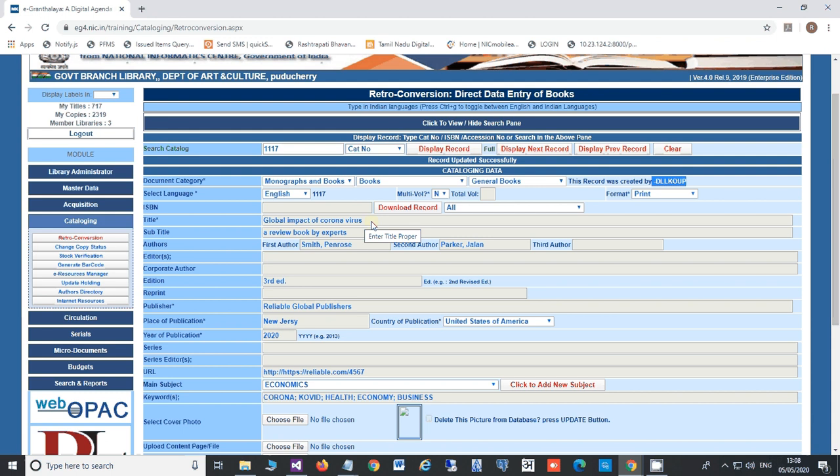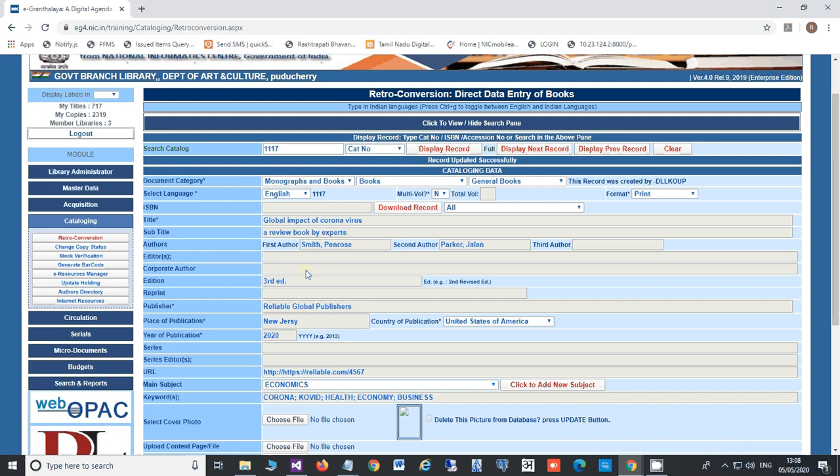So later we decided that whoever has created a particular record, he or she will only be able to update the record. But suppose some spelling mistake is there and other libraries identify the mistake.